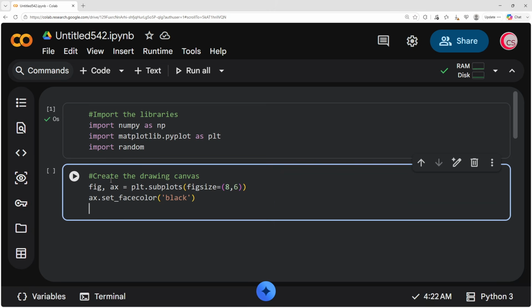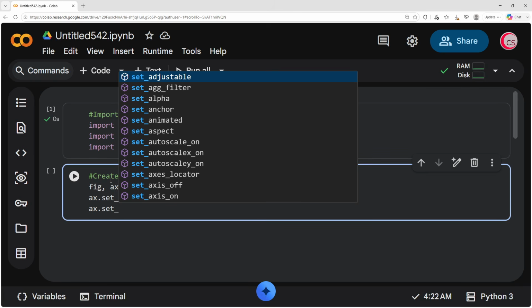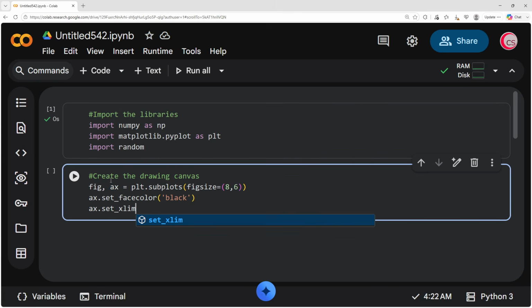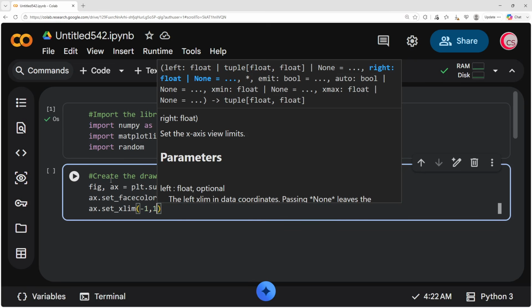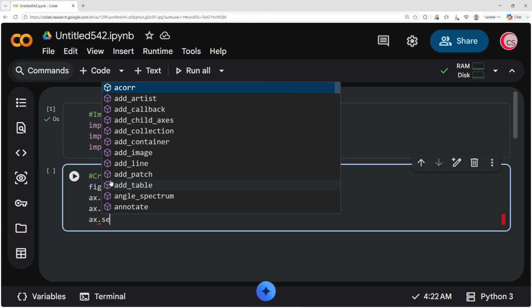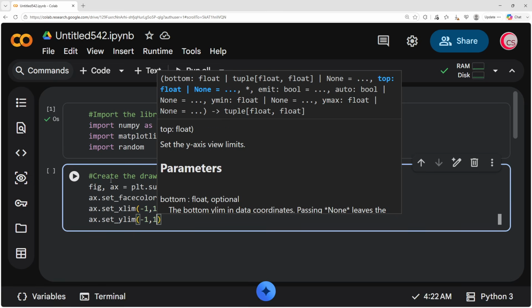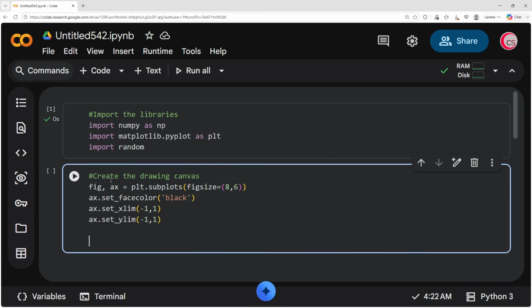All right. Next, we're going to set the horizontal drawing limits from -1 to 1, and then we're going to do the same thing for our vertical drawing limits. All right, so let's go ahead and do that first for the horizontal. So we're going to set the x-axis. That's going to be set_xlim, and it's going to be from -1 to 1, and then we're going to do the same thing for our y-axis. So set_ylim is going to be from -1 to 1,